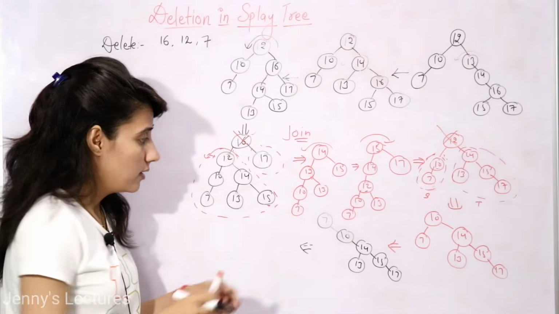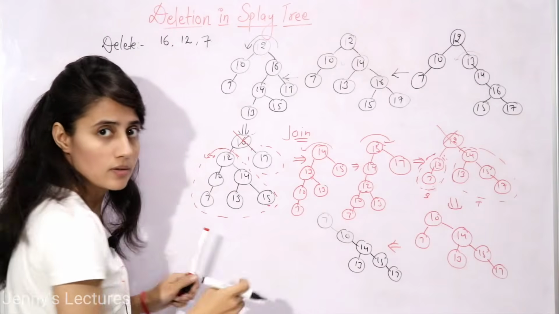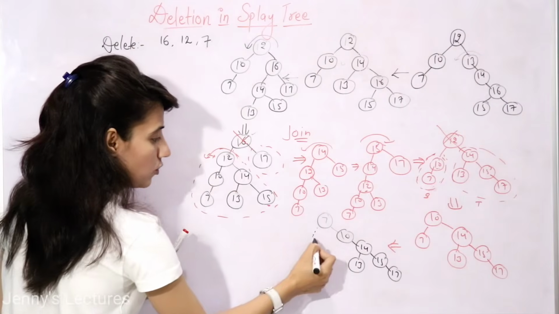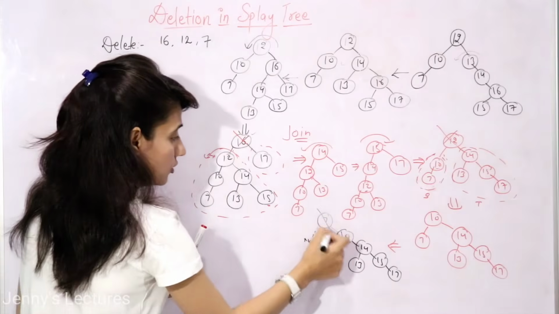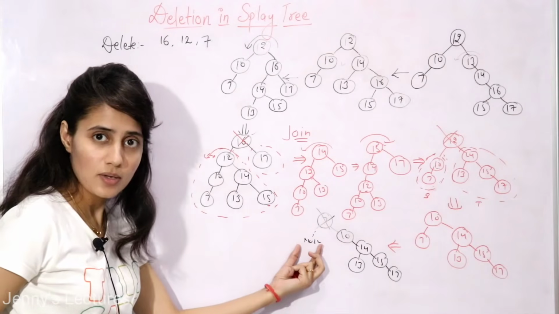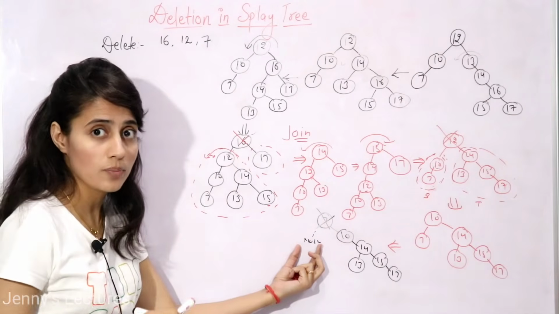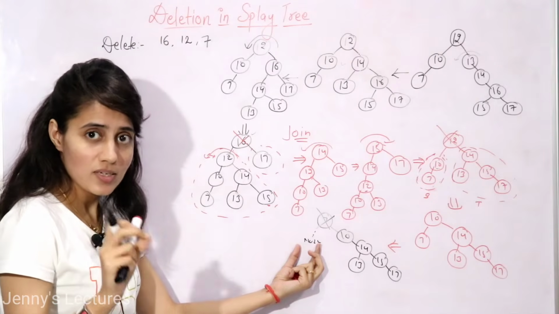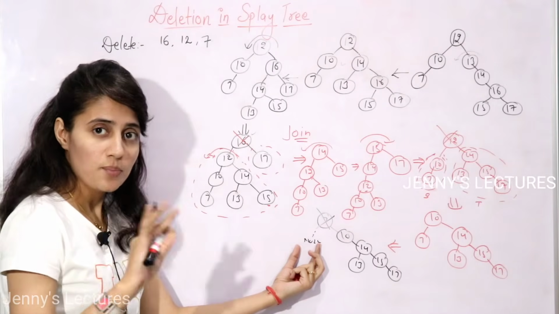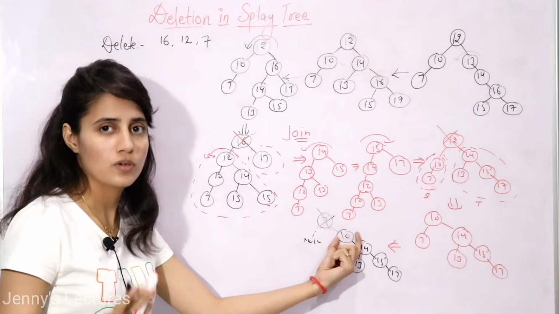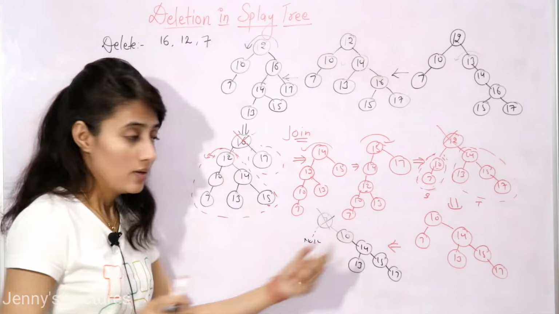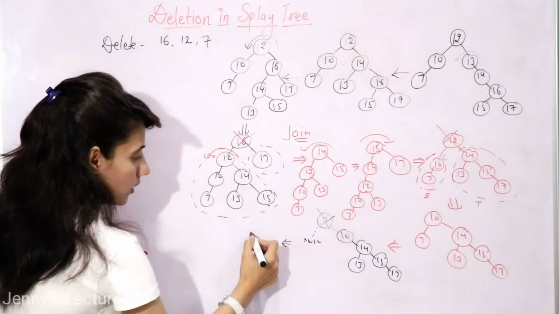Now here see, we don't have any left subtree because this is null. There is no left child of this 7. So after deletion of this 7, there is no left subtree. Now we have to perform join operation. In this case, simply the root of the right subtree would become now the root of the tree, right? So now the tree would be this one.